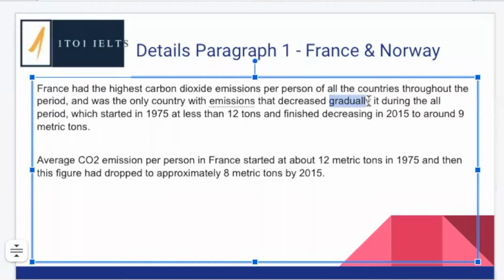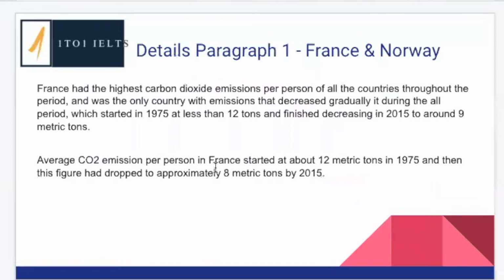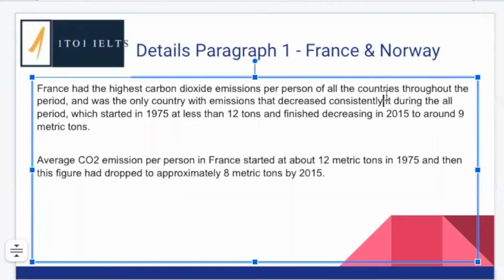So not gradually. While they did decrease gradually, what's more important than gradual? It's not the only country that had emissions that decreased gradually, because if we look at Norway, from 1995 to 2015, this decreased gradually. Consistently, Gabby, yeah, that's the word we're looking for here. And then why have we got this object here? No need. Continuously, Maricel said, yeah, that's fine. It's the only country with emissions that decreased consistently during